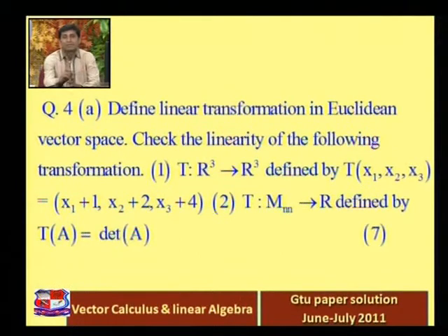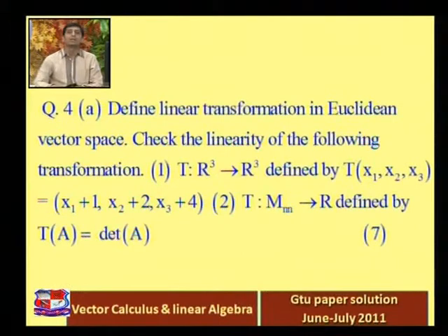So just try to understand that if you want to prove that the given transformation is linear, in that case you have to take a general example. That means whenever you are taking x and y, two elements from the domain, they should be general, not particular. But if you want to prove that the given transformation is not linear, then it's okay. Then you take a particular example, a particular vector, and try to prove that for this vector the given condition is not satisfied, then it's okay. Okay, so just try to understand.